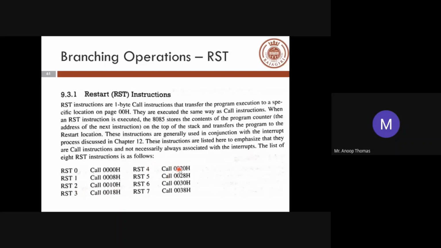4 and so on, accordingly. So you can do the calculations and convert. Multiply the number with 8, you get a value, convert that into hexadecimal, and you get the call address. So this is how the RST0 or reset instruction works. It is based on the address, and it works as a call itself. The only difference is the addresses are calculated, predetermined based on a standard format.